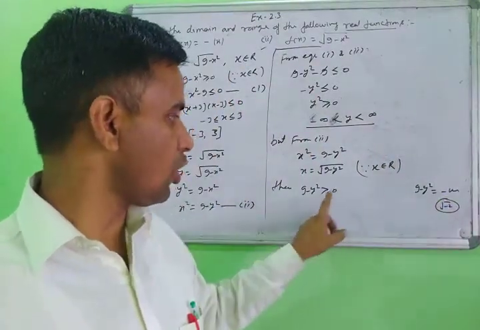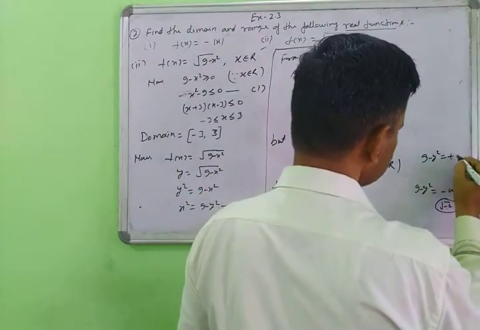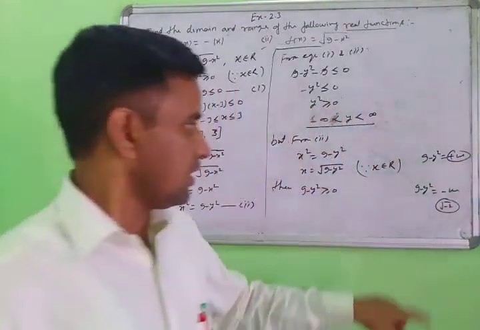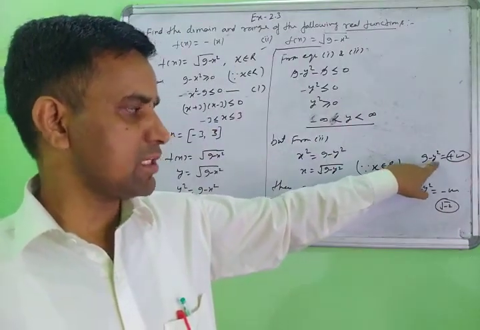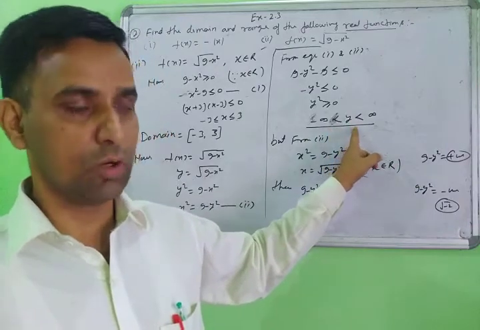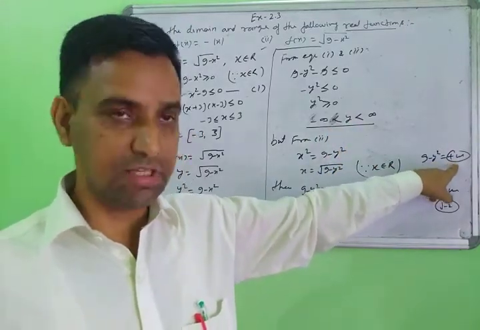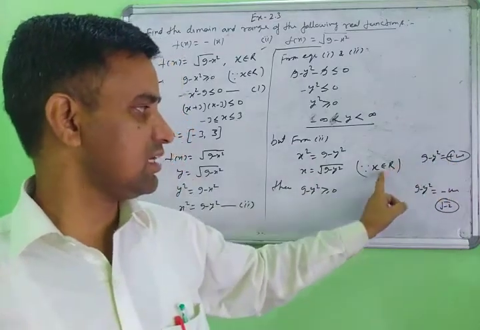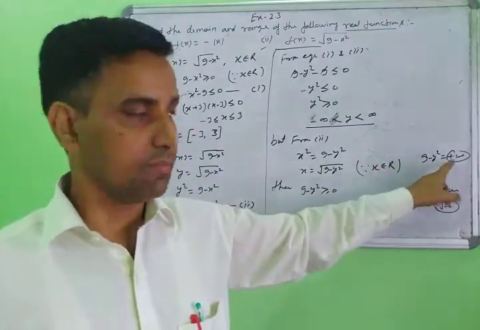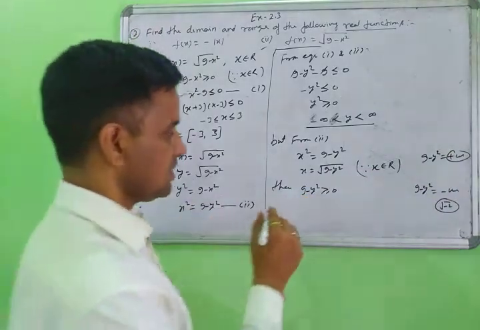So this will always be necessarily required. 9 minus y will always come out positive. Then when you calculate this, 9 minus y squared for every real value, this will come out positive. Then you can say x is real and y is also real. Then 9 minus y is greater than 0, then the same thing here too.